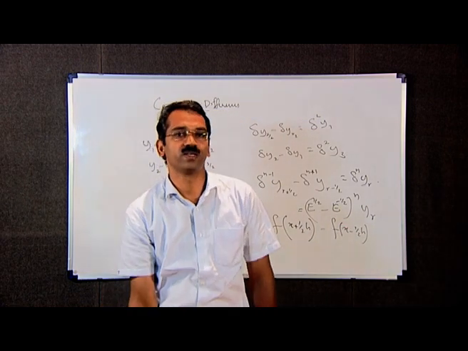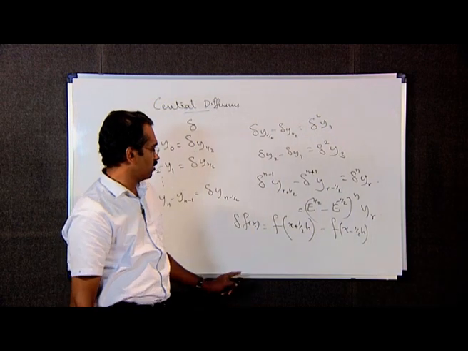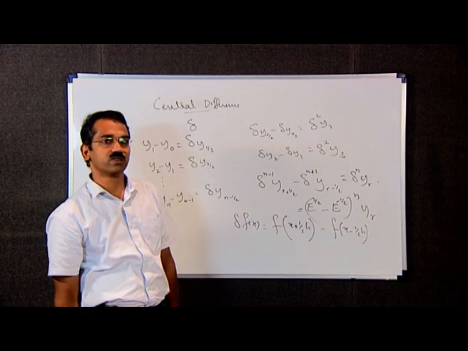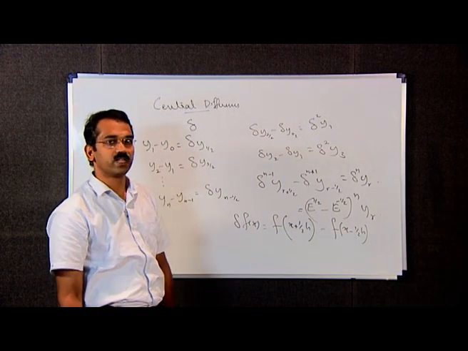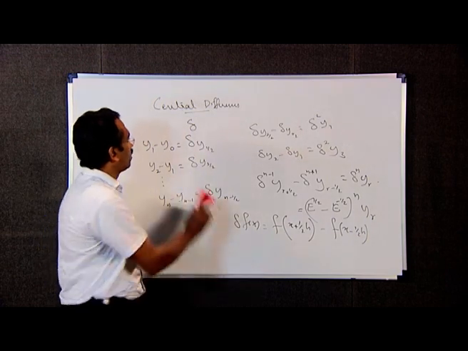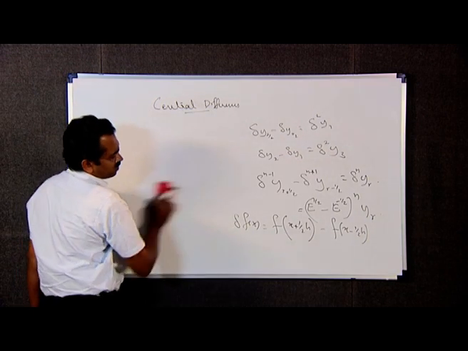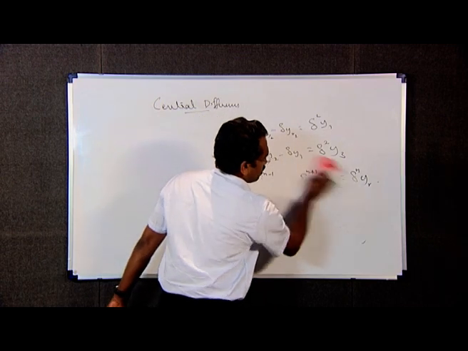This is the alternate definition of central differences. Here h is the interval of differencing. The central difference table is given by,